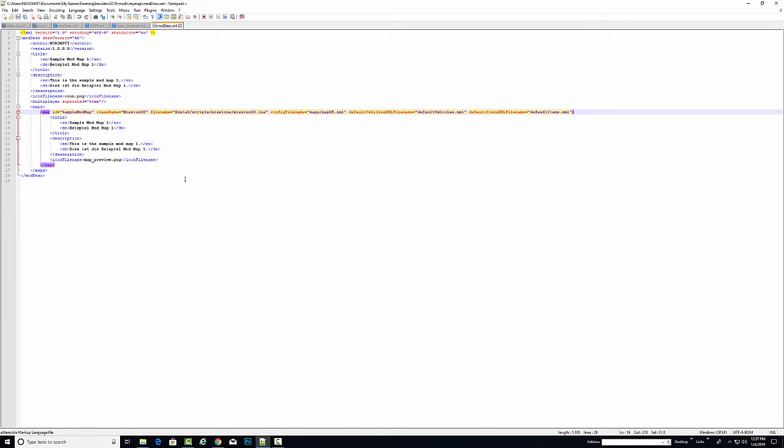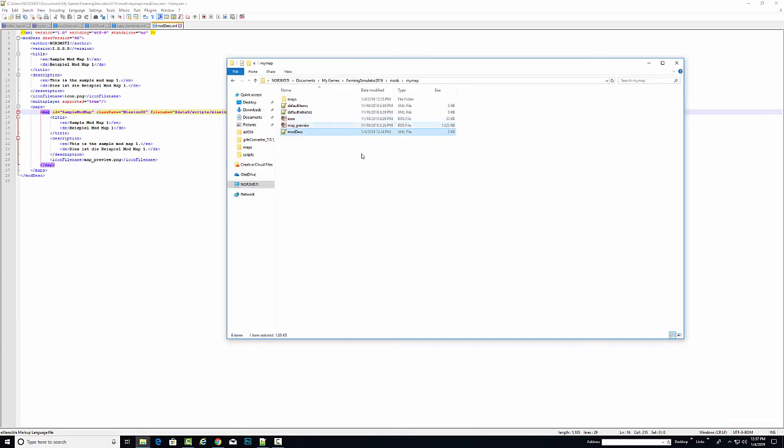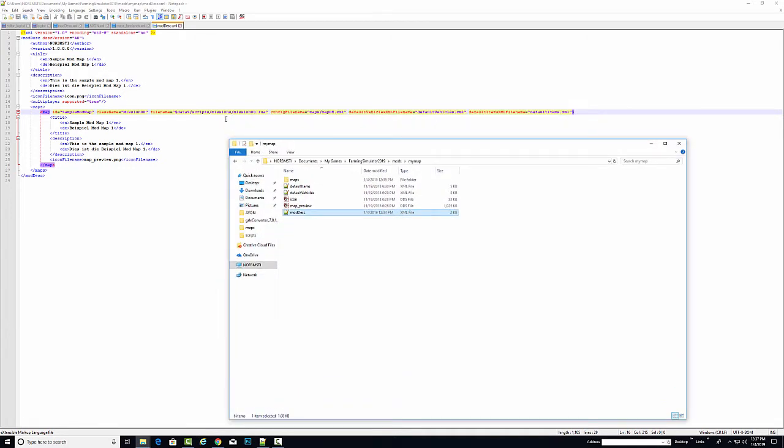That's what happens inside the mod folder. The game recognizes it, it looks for this mod description, which in turn tells the game to start looking in other locations for other things. And this here, the config file, will be an important one, because what it does is